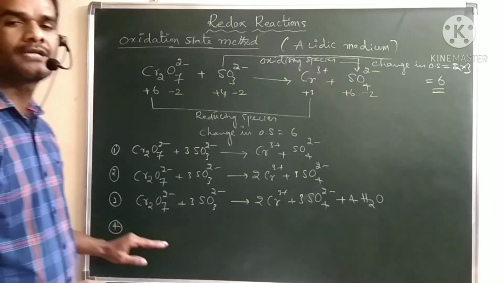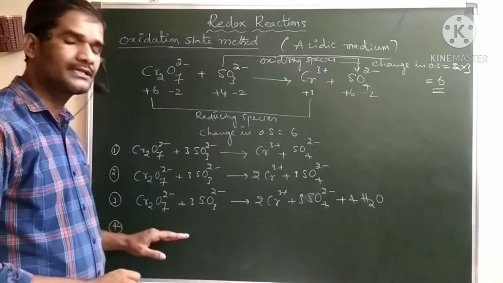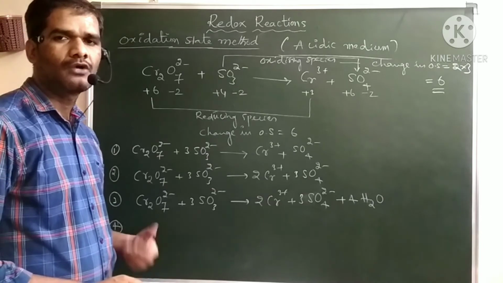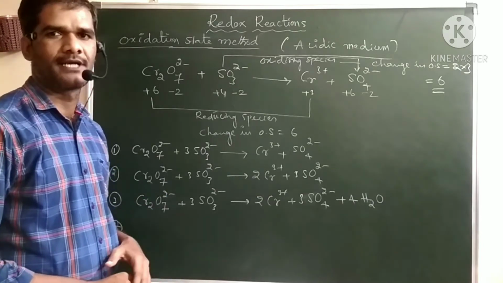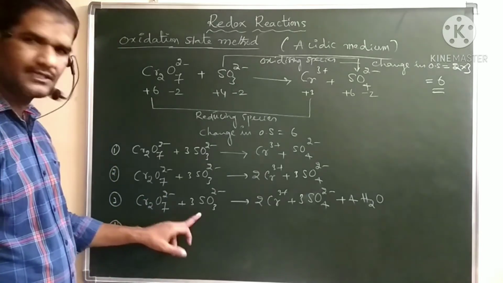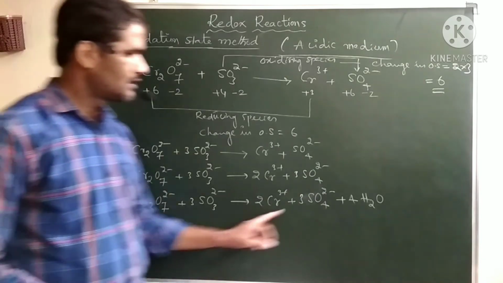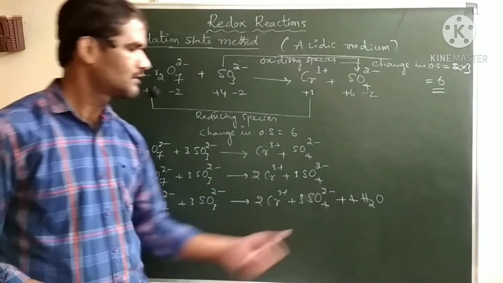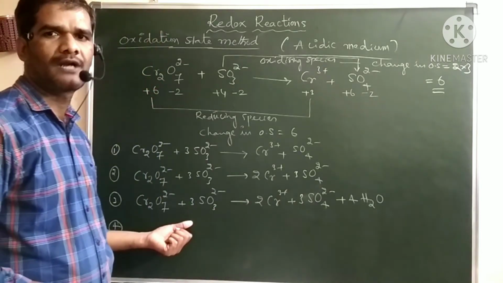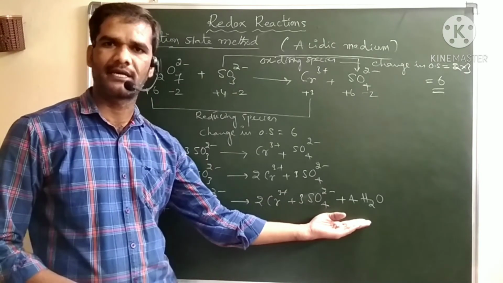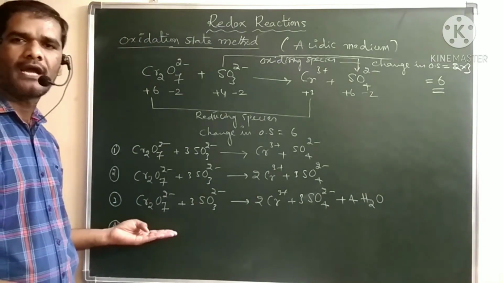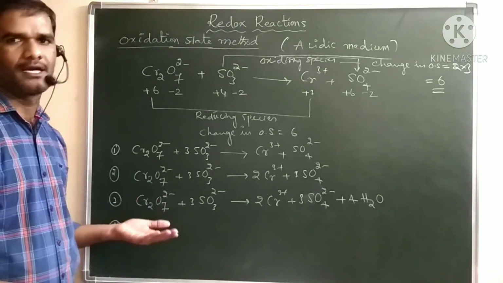So after balancing of oxygen, we have to balance the hydrogen. Again, how to balance hydrogen? By adding H plus ions. Now see, on the left side, that is the reactant side, no hydrogens, and on the product side we have 8 hydrogens. So we have to add an equal number of hydrogens, means 8 hydrogens, here excess are there.